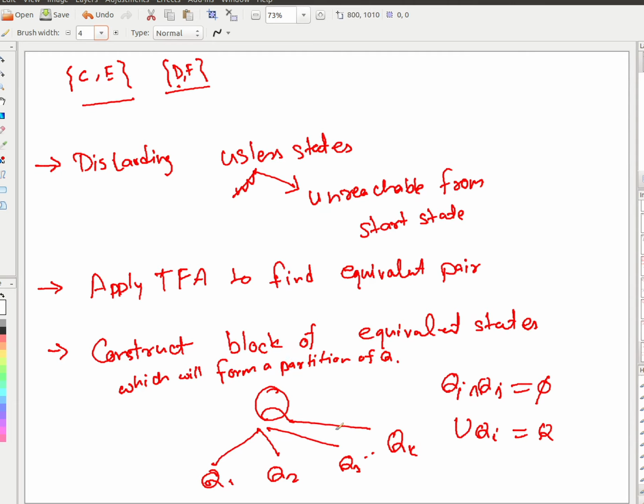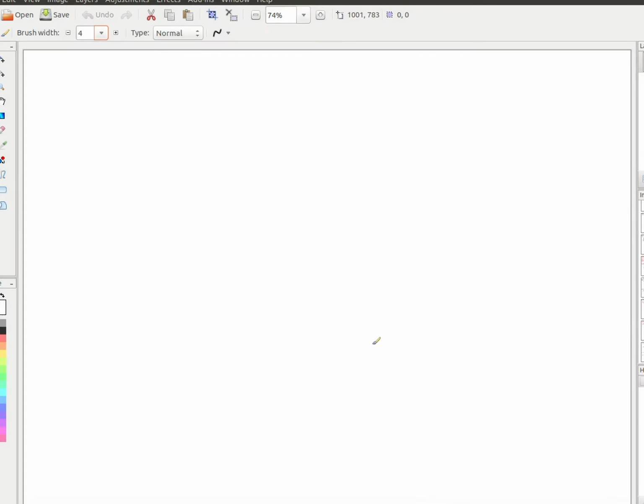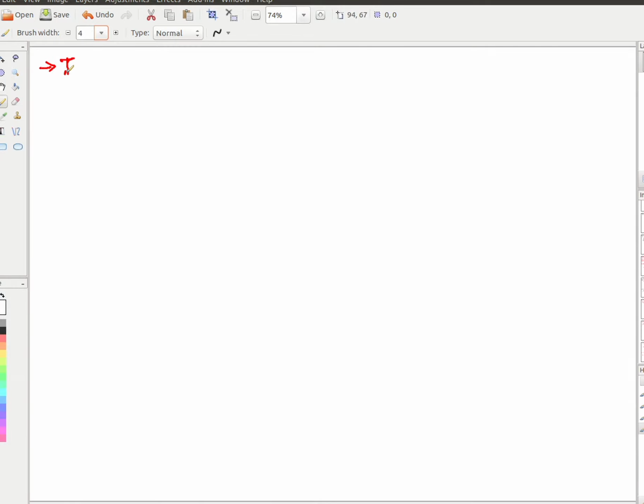Now, how to prove that certainly it will be a partition? To do that, you just need to understand a few basic properties, right? The first property: certainly it's an equivalence, we are saying, but to prove that, the relationship must be transitive. What do you mean by transitive? That if P and Q are already known to be equivalent and Q and R are already known to be equivalent, then it will mean that P and R are also equivalent, right? Simple property. The proof is very simple.